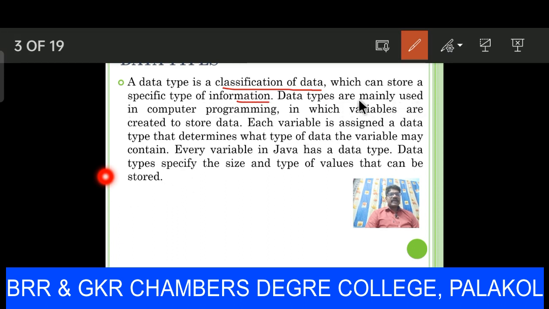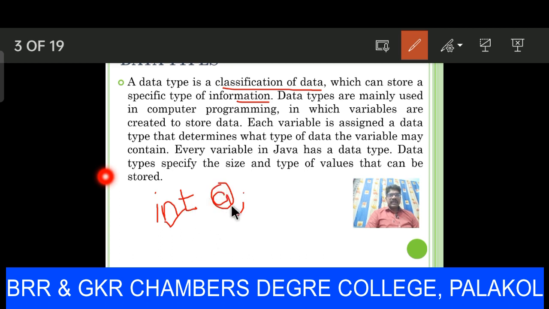Data types are mainly used in computer programming, in which variables are created to store data. Each variable is assigned a data type that determines what type of data the variable may contain. Every variable in Java has a data type. For example, if you want to create a variable, int a, this is a variable of type integer.